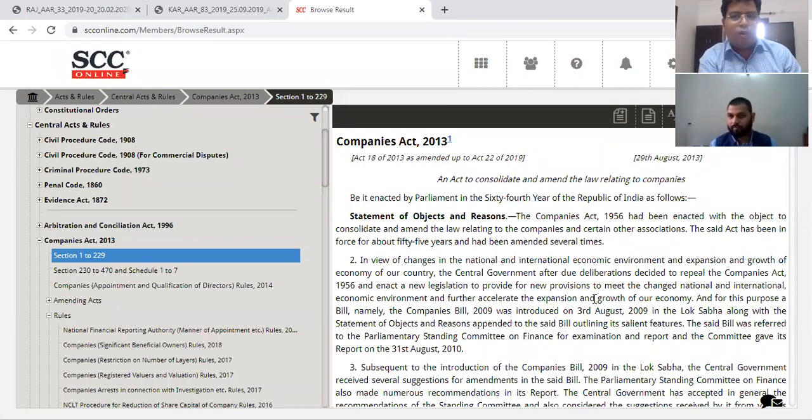As a member of the board, he can never be an employee of the company. There is neither a principal-agent relationship, and he is more in the nature of a fiduciary trustee relationship that he shares with the company. So a director is not an employee of the company, and that is the reason why a company's